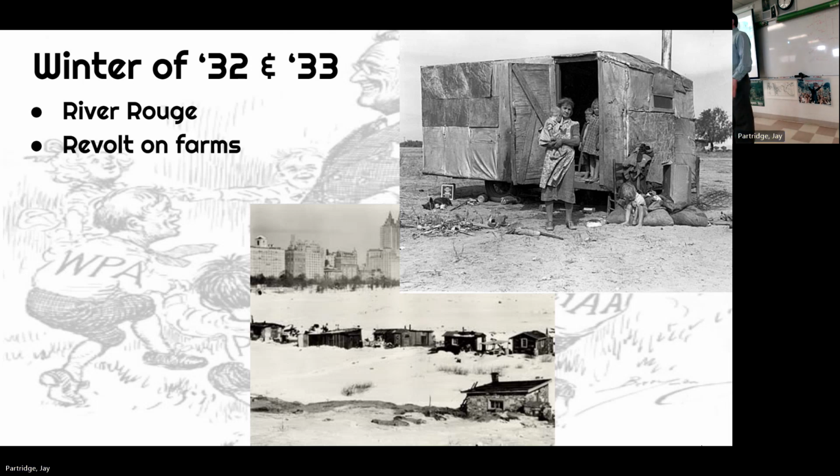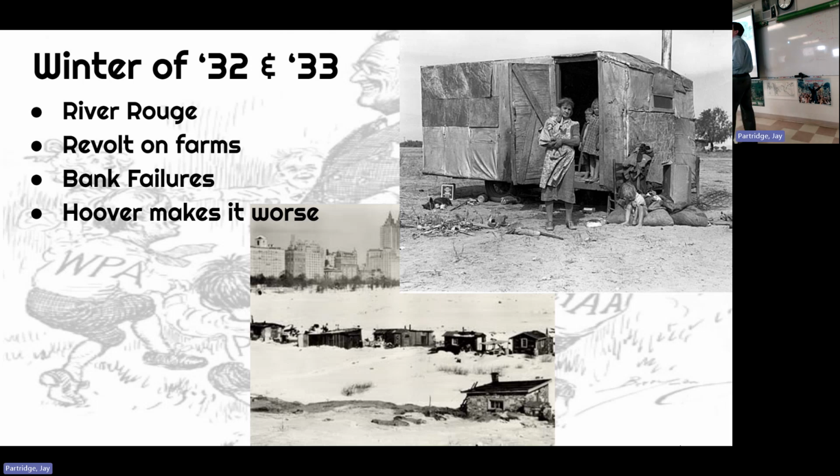And then there was an absolute revolt on the farm. There was famine. It stretches across the South and the Plains, especially Arkansas, Oklahoma, into Kansas. And farmers were furious at the number of foreclosures. In Sioux City, Iowa, farmers overran the city government and basically opened up the banks forcibly and started ripping up mortgages and burning them so they would not lose their farms. And they made it very clear, if you don't do something about the farm crisis, there won't be another country. There were food riots in cities. It was unbelievable. This is the worst year for the banks.